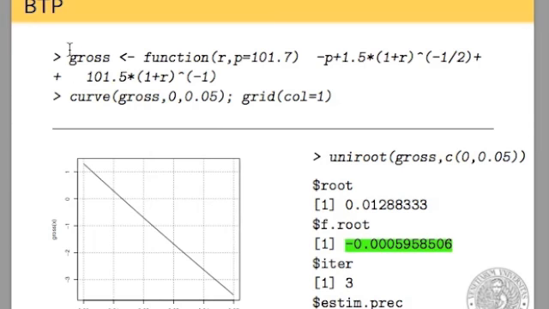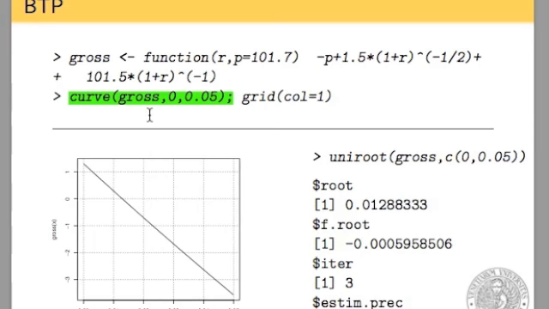To do so, we have to define a function which I call gross here. This is a function of the unknown interest rate r and of the price P, which in this specific case was 101.7. The value of the function is negative P plus 1.5 times (1 plus r) raised to negative 1/2 plus the final payment, which is 101.5 times (1 plus r) raised to negative 1. In order to find a solution of the equation gross equal to 0 using uniroot, I have to be sure that there is a root and I have to provide a bracketing interval. I can get both things